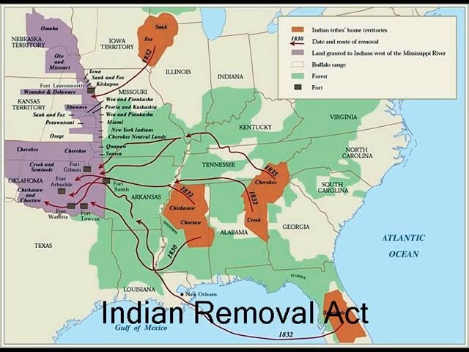The Indian Removal Act. In 1830, urged on by President Jackson, Congress passed the Indian Removal Act. This law allowed the president to make treaties in which Native Americans in the East traded their lands for new territory on the Great Plains. The president wrote this letter to the Creeks, hoping to persuade them to move willingly.